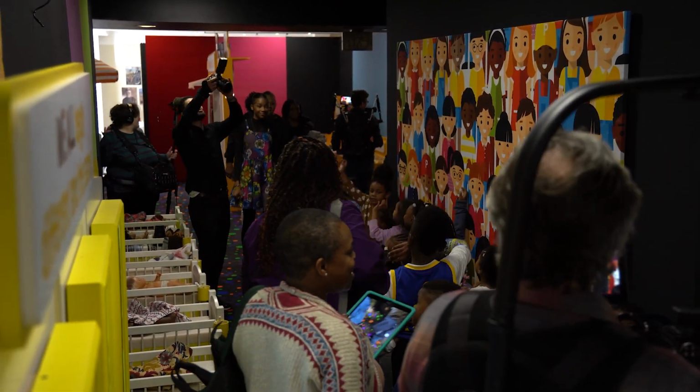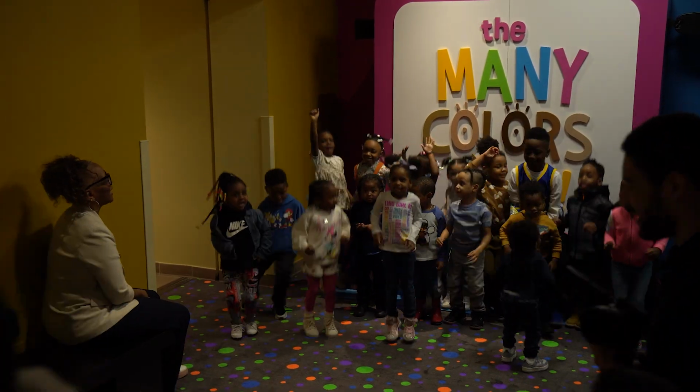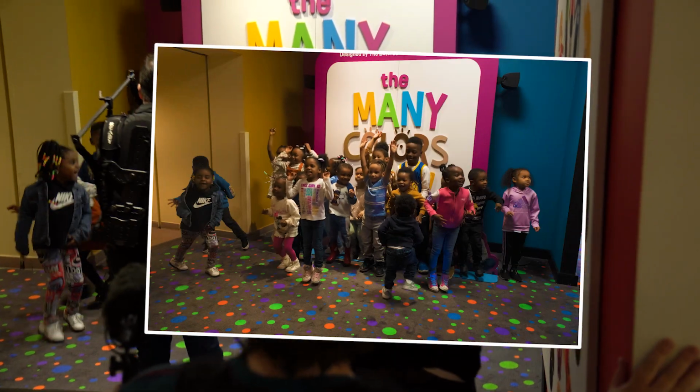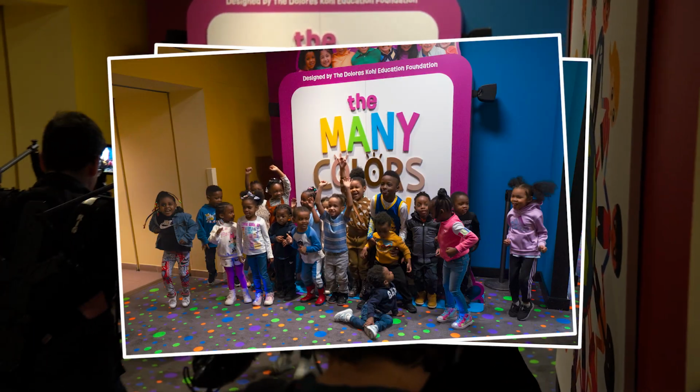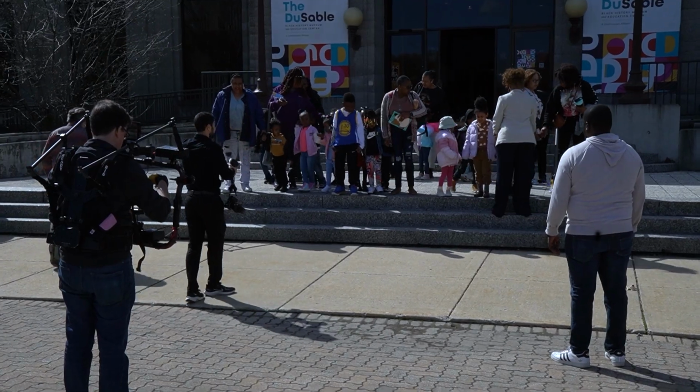to the client. We tried again to get a group shot in front of the exhibit sign, but the lighting wasn't great. And by the time the videographers were done with their shot, the kids were way too hyper to pose for a photo. But that's fine because we had one last group photo to take outside on the steps